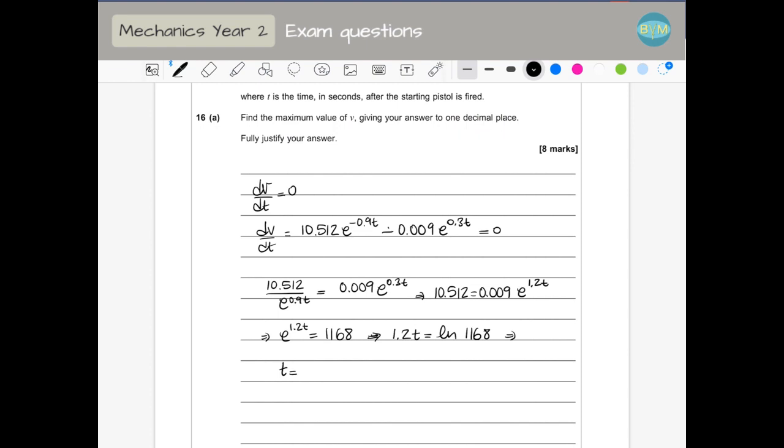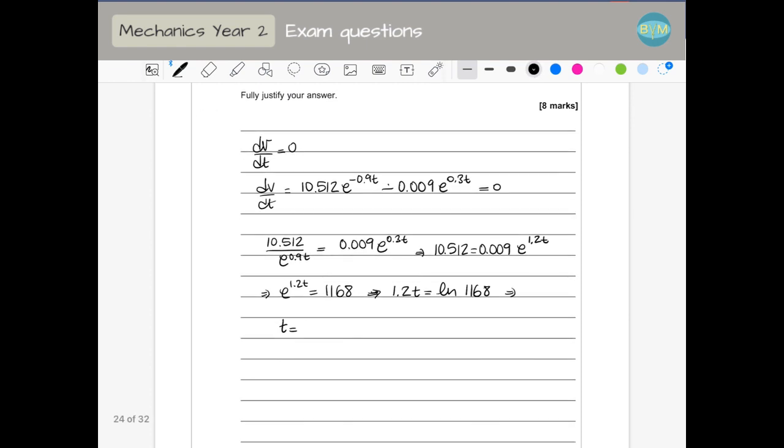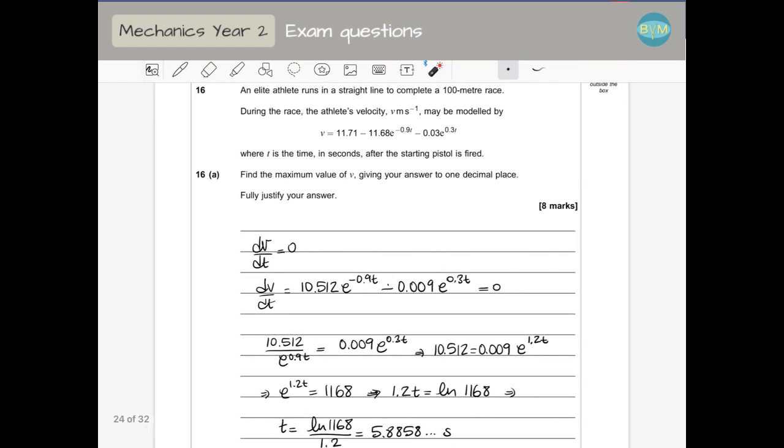So it's ln 1168 divided by 1.2. This is 5.8858 seconds. This is the time when the velocity is maximum, but they are asking us to find the velocity,